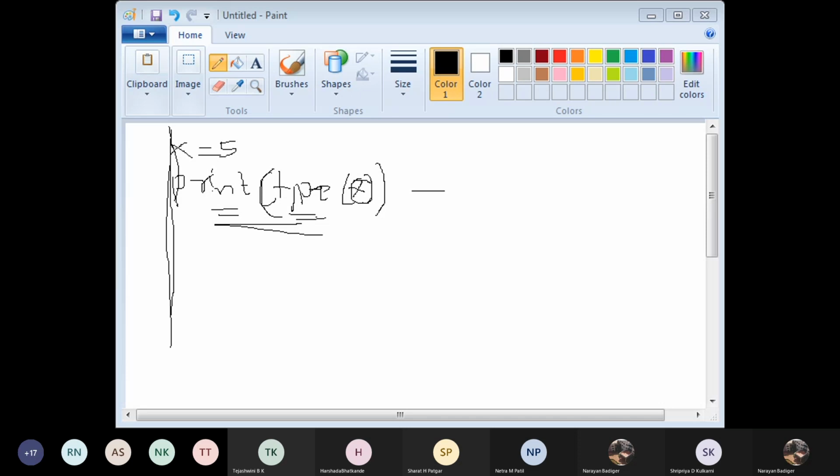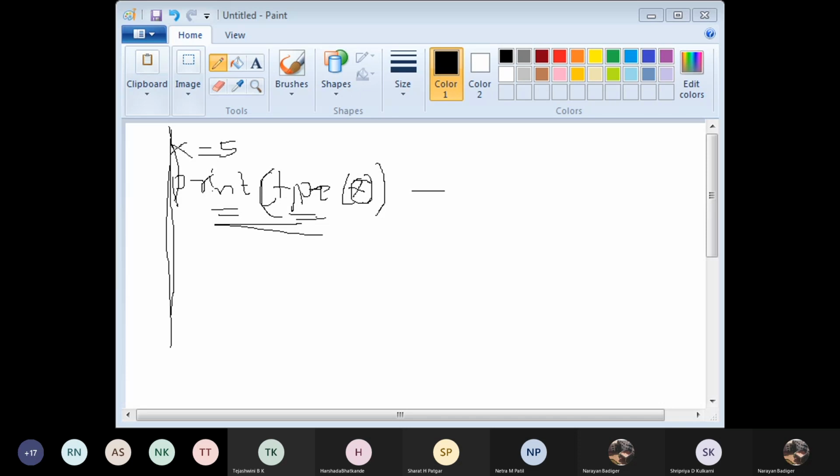Now, usually in C or C++, if I want to take an input, or if I want to declare a variable, what do we usually do? We usually go with int x equal to 5. But the same thing can be done, and we can also ignore the type declaration.